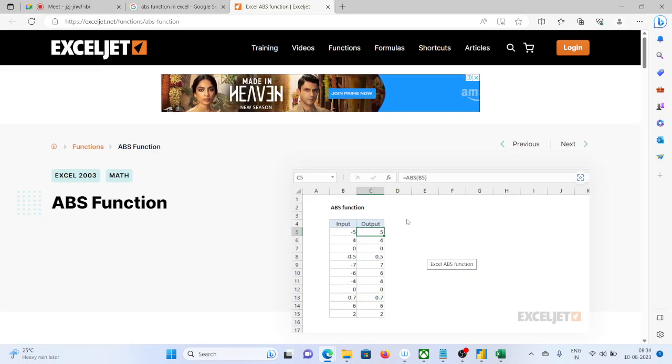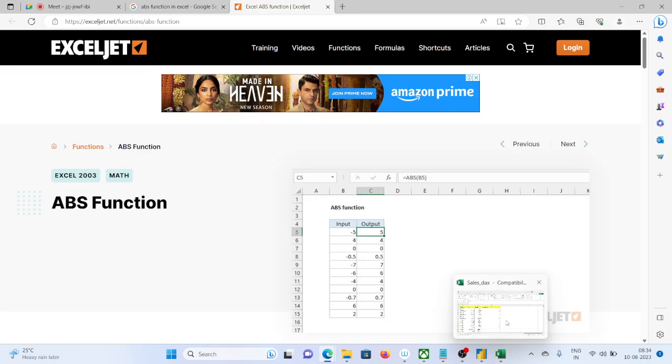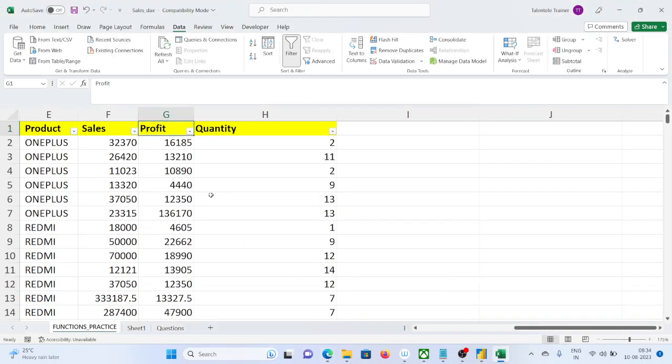See, if you don't remember these functions, when a situation like this arises, you will not be able to solve it. Suppose I wanted to get rid of the negative signs, remove all of them. If I remember that function and why it is used, then I can use it over here. If I don't remember, then I will not be able to recall it. Okay, so now